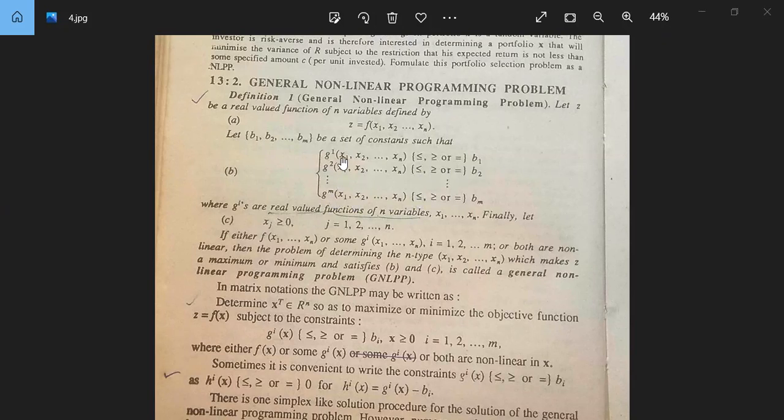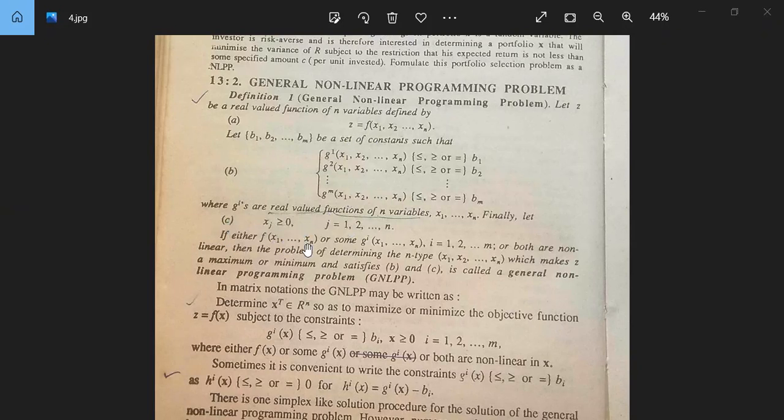ये जो सेट ऑफ इक्वेशन है, इसको हमने b से डिनोट किया, where gi's are real valued functions of n variables x1 to so on xn. Finally, let xj be greater than or equal to 0, j is equal to 1 to so on n। तो हमने c से डिनोट किया। मेरे टोटल वेरिएबल्स हैं n, x1 x2 so on xn, और नंबर ऑफ कांस्टेंट्स हैं हमारे पास m, and this is the objective function।